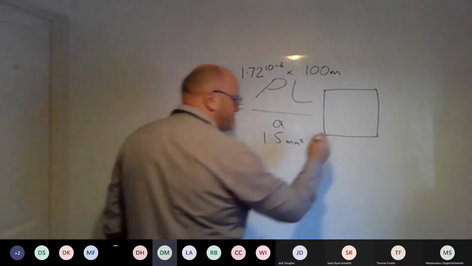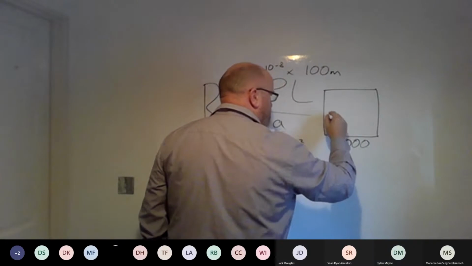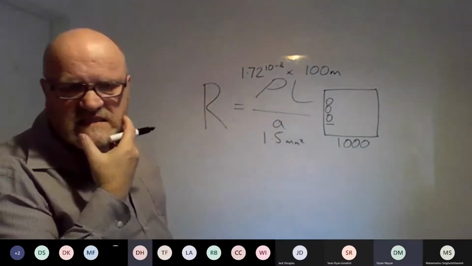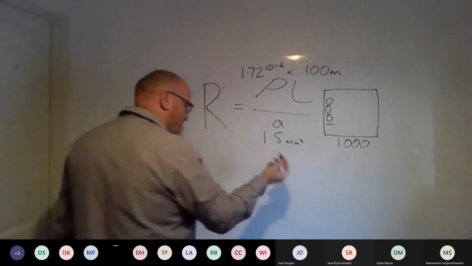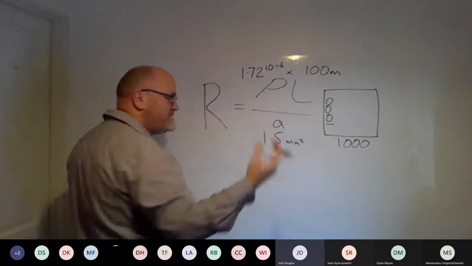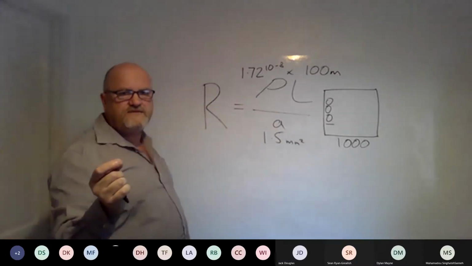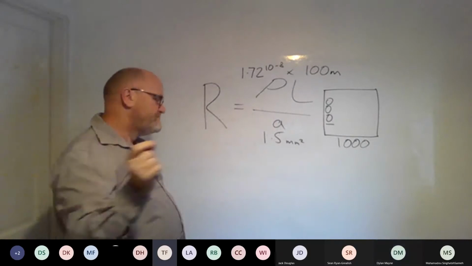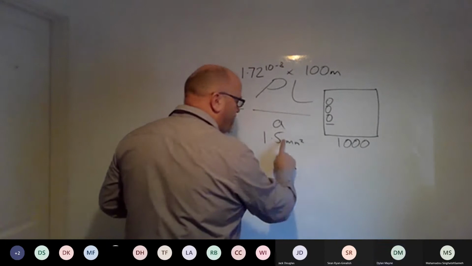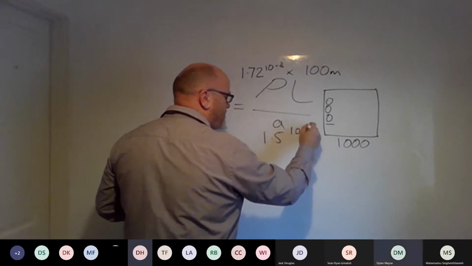It depends how big the square is. 1,000 times 1,000. What's 1,000 times 1,000? Anybody? Million. 1,000,000. So 1 millimeter squared is 1/1,000,000th of a meter squared. How many noughts in a million? 6. But we're going the other way, 1,000,000th. So instead of putting 1.5 millimeters squared, we're going to put 1.5, 10 to the minus 6.